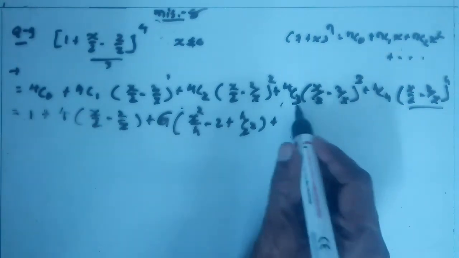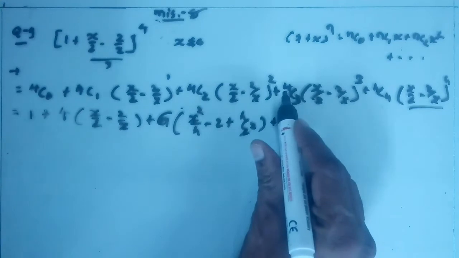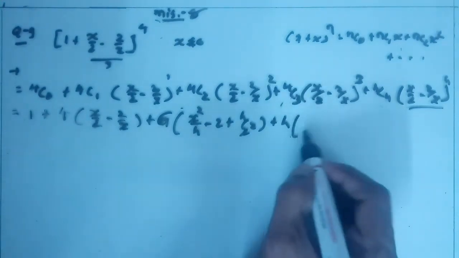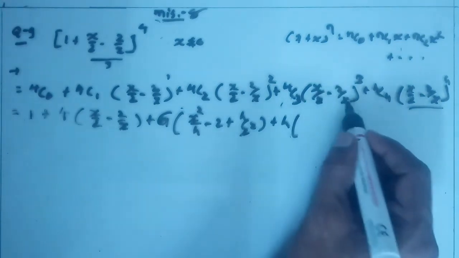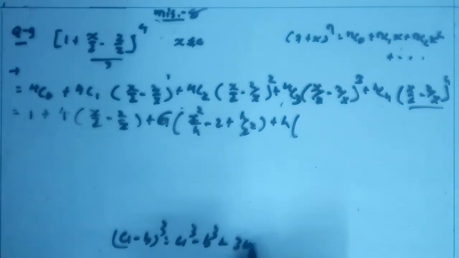is equal to 4C1, that is 4C3 is equal to, we know that 4 into 3 into 2 upon 3 into 2, 3 2 cancel, that is 4, or 4C4 minus 3, that is 4C1. Then 4C3 is equal to 4, into x upon 2 minus 2 upon x raised to 3. Here we apply this: a minus b raised to 3 is equal to a raised to 3 minus b raised to 3 plus 3a square b, here minus 3a square b plus 3ab square, clear.